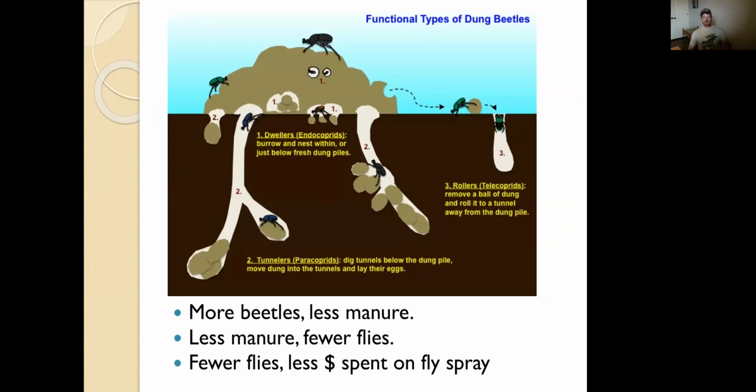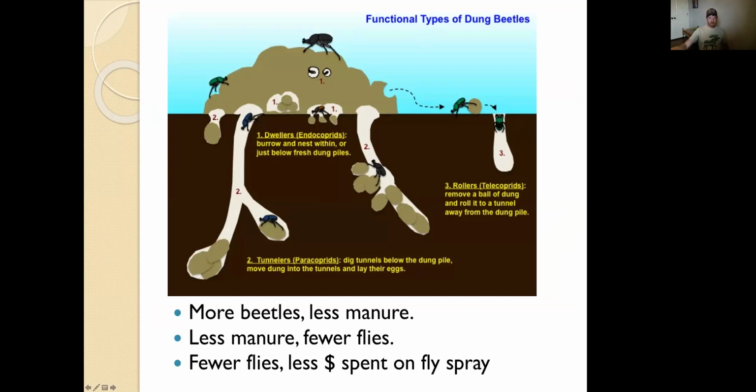Going back to our dung beetles that we mentioned earlier, this is just a graphic that shows how different dung beetles can facilitate those cow pies. Some of them ball them up and move them around. Some of them bury them deep in the soil. In any case, they are recycling those nutrients, putting them in the soil, and even if the little dung beetle babies don't eat all that manure,